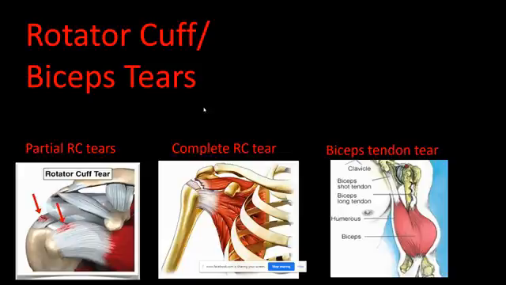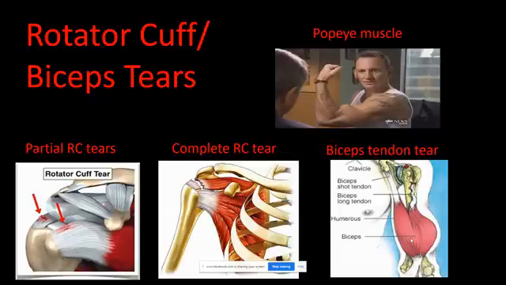So the good news with that one though too, so the biceps has two heads, right? And so if the long head of the biceps tears, you can still have full function of your shoulder and your arm because you'll have the short head of the biceps that attaches right there. So usually they don't do anything with surgery for that one, but you'll just have a cool Popeye muscle because when the tendon pops, that part of the muscle kind of shortens up and you'll have this big Popeye muscle.